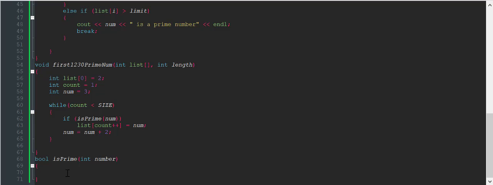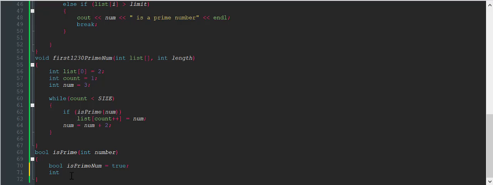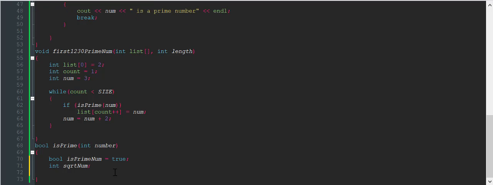And now bool is prime. So what we want to do first is we want to write in bool is prime num, which is equal to true; int square root num; and int divisor, which is equal to 3,